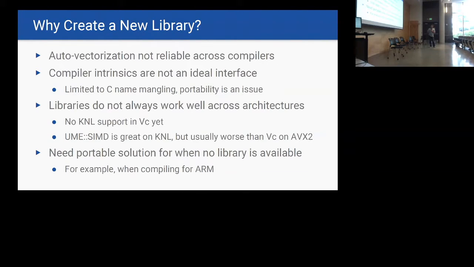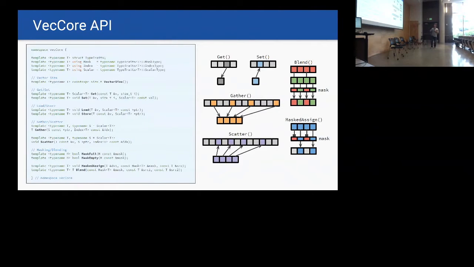So some, VC is faster on AVX2, UMESIMD is faster on KNL. So we need portable solutions, also for ARM when neither of these libraries is available. So we have a simple interface shown here. These are the kinds of operations that the API can do: gather, scatter,